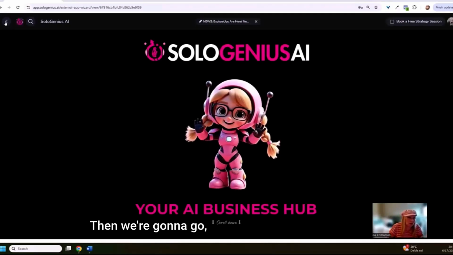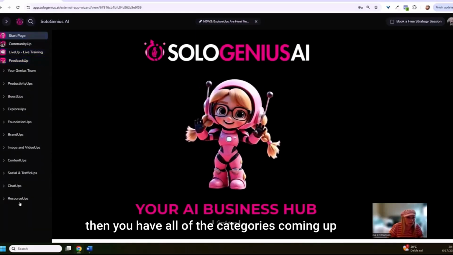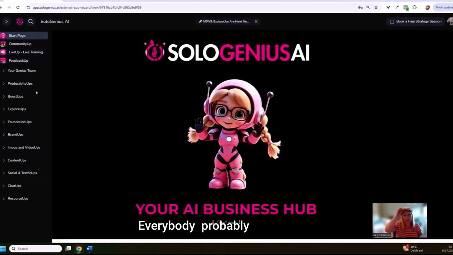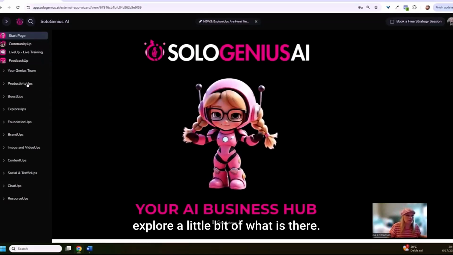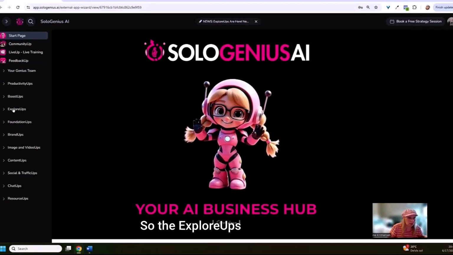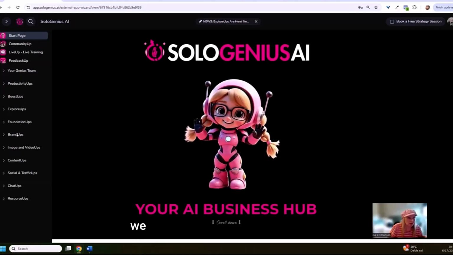Then we're going to go, you find the menu here, and then you have all of the categories coming up here. Everybody probably will go and explore a little bit of what is there. So the explore apps are here, the foundation apps here, brand apps. So we can go and